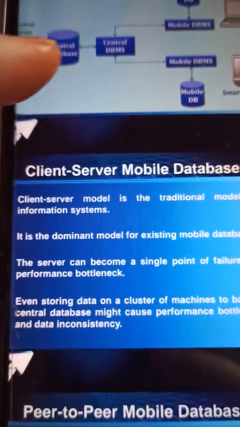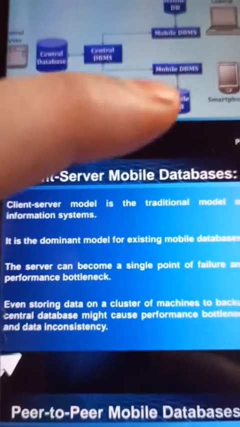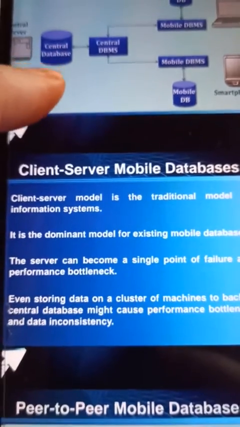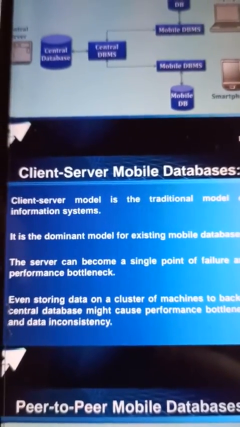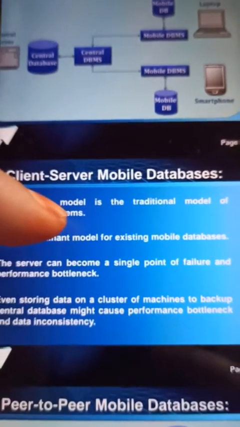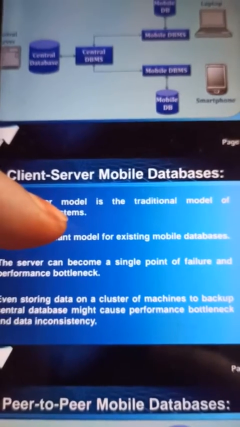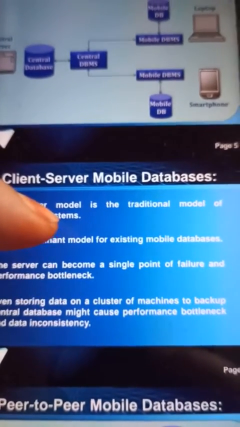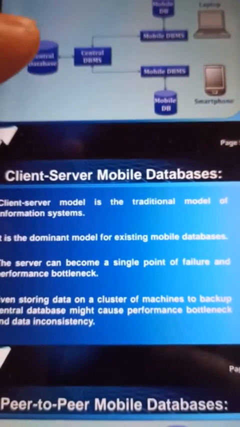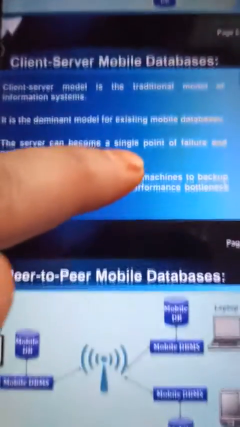If the server fails, a bottleneck occurs for all of the devices connected to the server. Even storing data on a cluster of machines to back up the central database might cause a performance bottleneck and data inconsistency. So this is the disadvantage of the client-server mobile database.